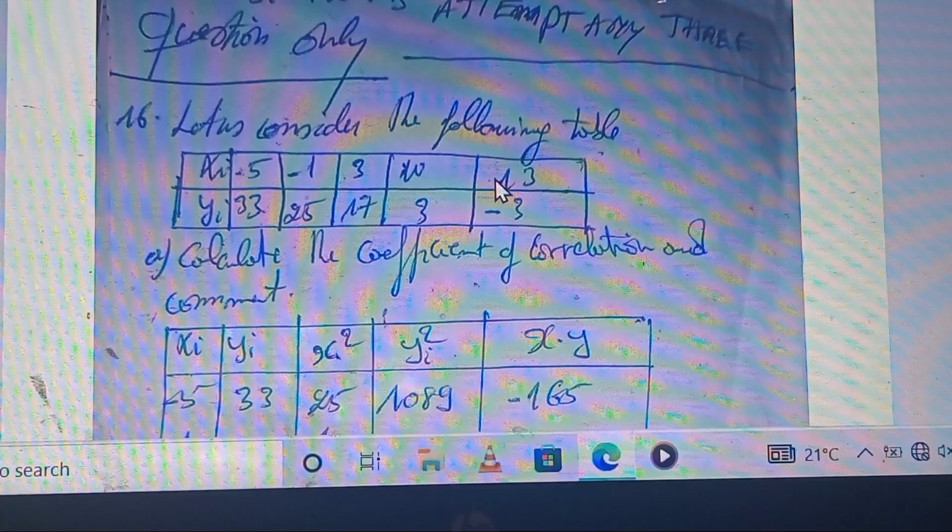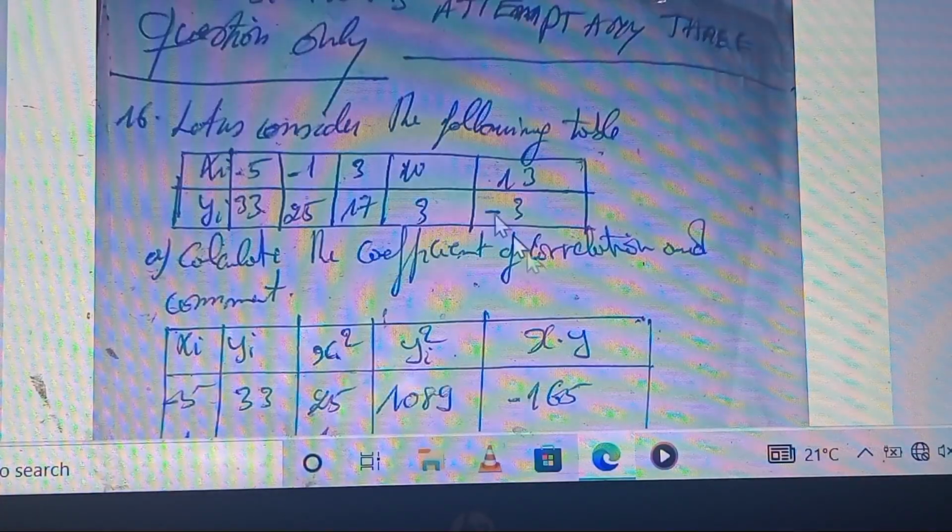Question number 16. That is section B. I try to answer only these 3 questions as the instruction says, but for you, according to that marking guide, you can continue to answer more. Here, you answer question number 16, question number 17, question number 18, but you can continue to answer question number 19 and question number 20 according to that marking guide. So the question number 16 is